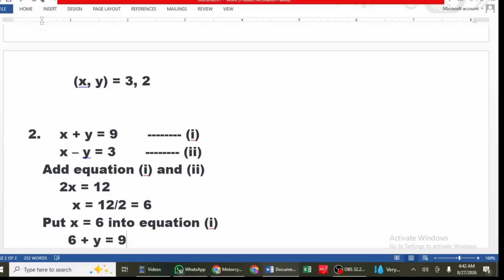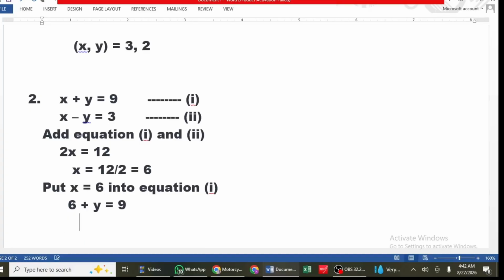And from there, you collect like terms. You carry 6 to the other side, and y is equal to 9 minus 6, and 9 minus 6 will give us 3. Therefore, the values of x and y will be x is 6 and y is 3. This is what we call simultaneous equations using